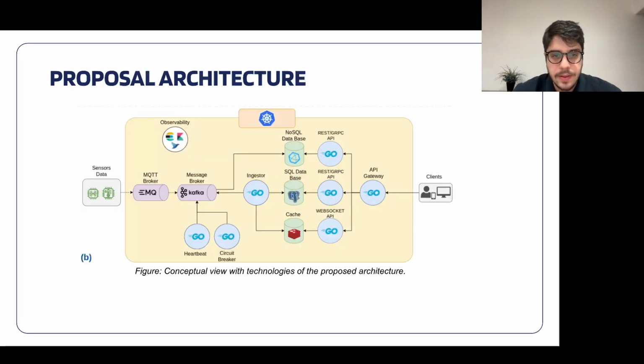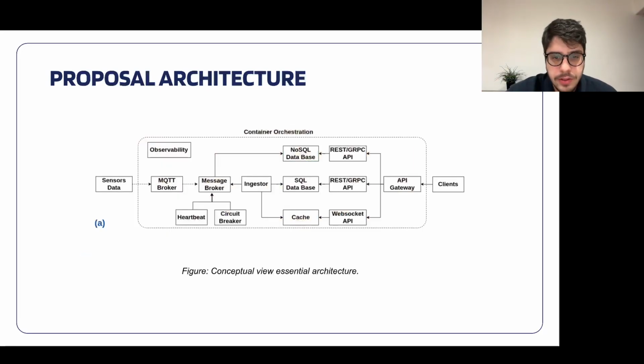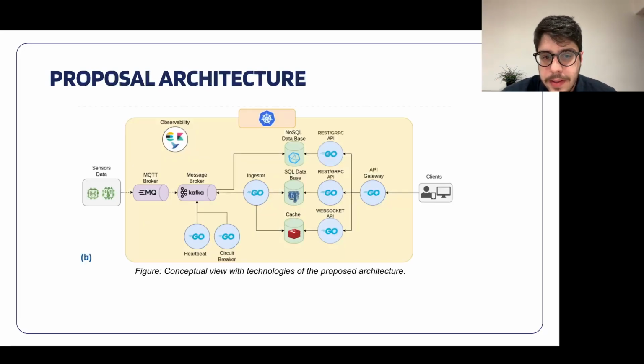So here is the implementation choice that we decided to move forward with. The main architecture is this one, the couple, but we have this implementation as a way to do proofs of concept. So we can see that we are using EMQ as the broker. We are also using Mosquitto in some cases. As the message broker, we have Kafka,